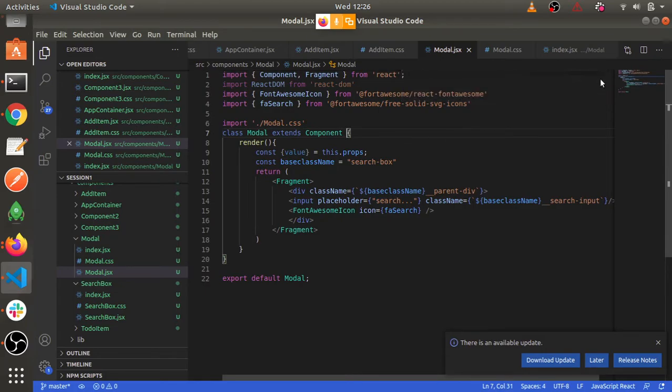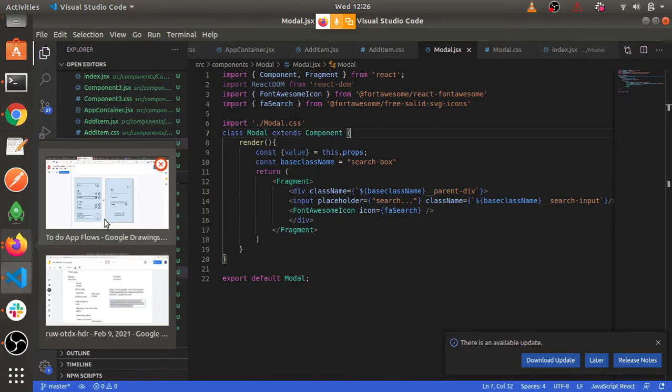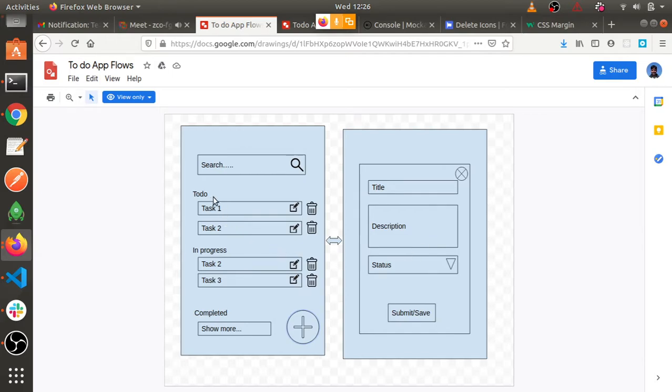Now this is going to be one of the toughest parts of UI development: how to create a modal on our own. First, how will it look? It will not look as it is shown here. This will be a modal that comes and overlaps the whole UI. I can create a div, and inside it I'll put all these things that keep changing based on props, but it will overlap some part of the UI.